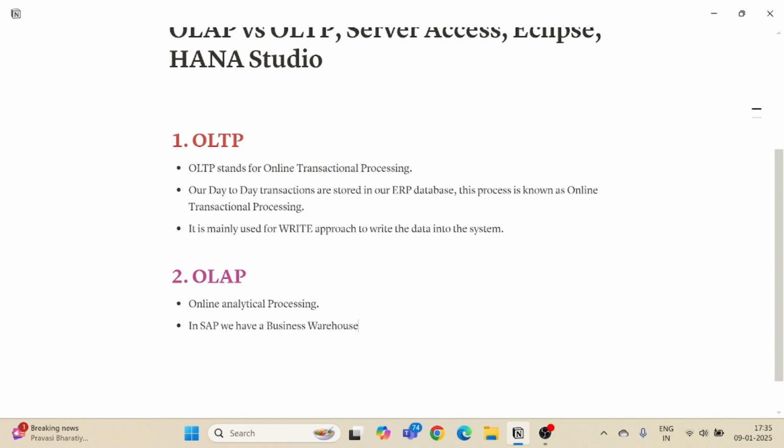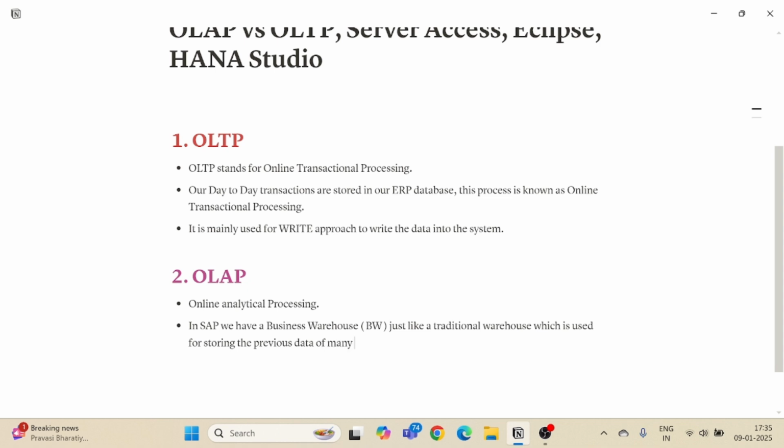BW is just like a traditional warehouse which is used for storing the previous data